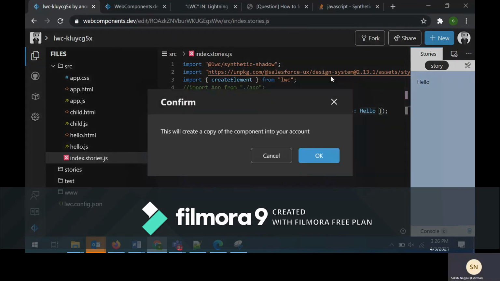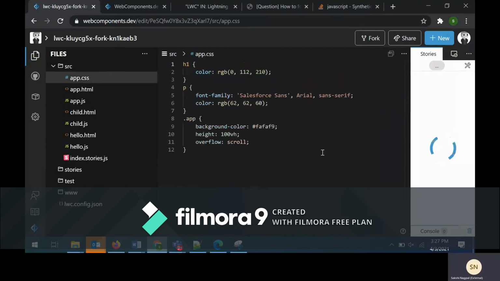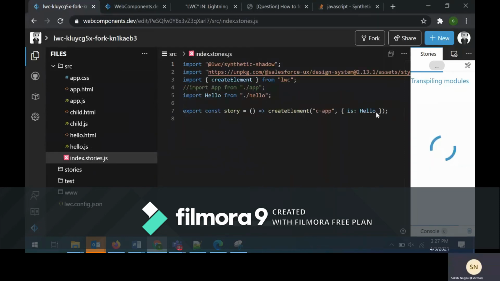So once I fork it, this will create a copy of the components in my account, and this ID will change. Let me copy these to my personal account, and then I can make changes. Okay, here I copied it. Now I will change this to